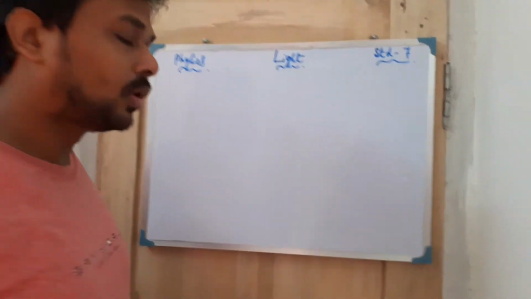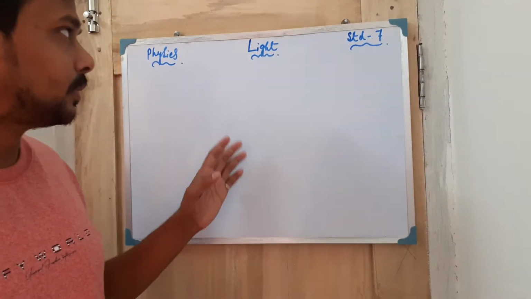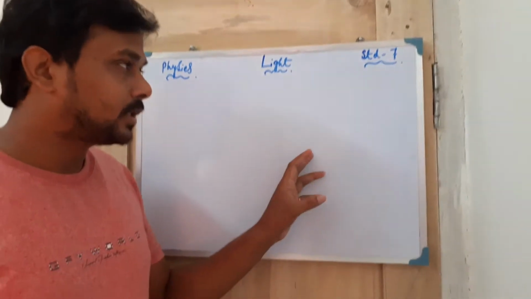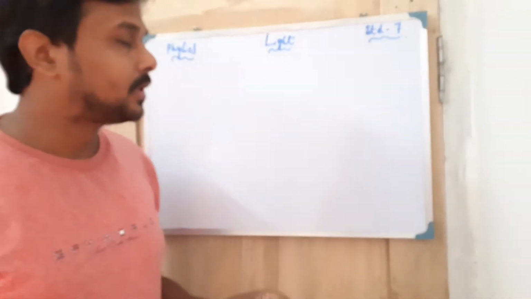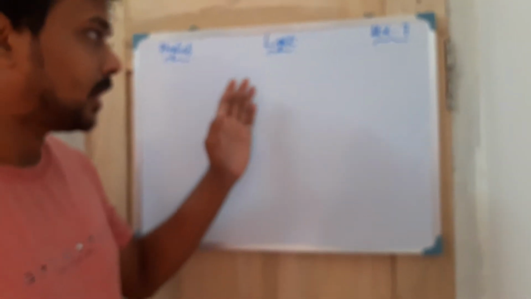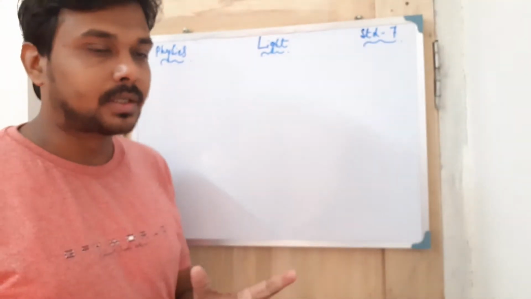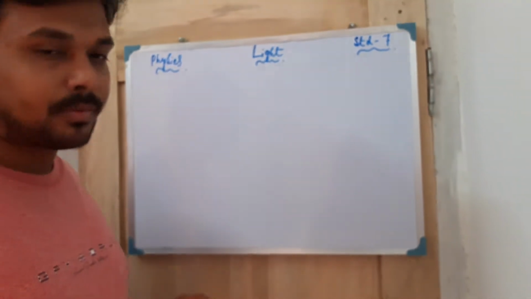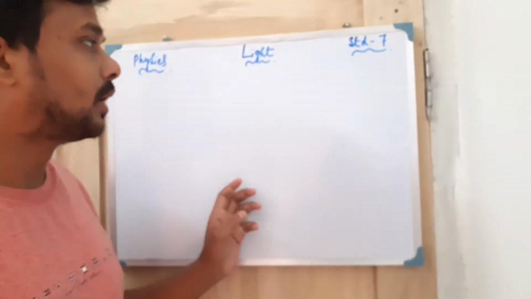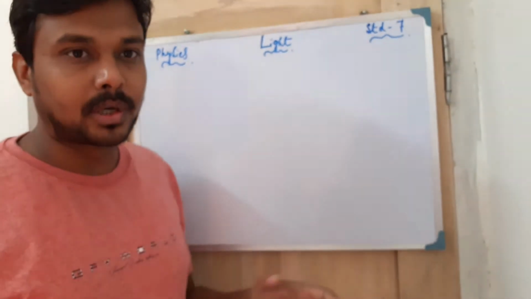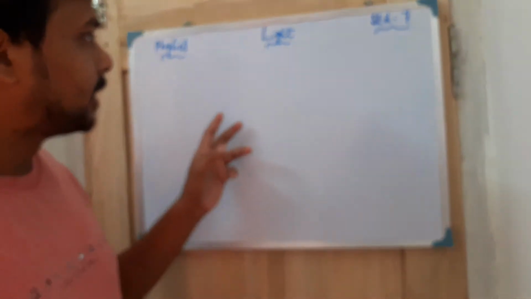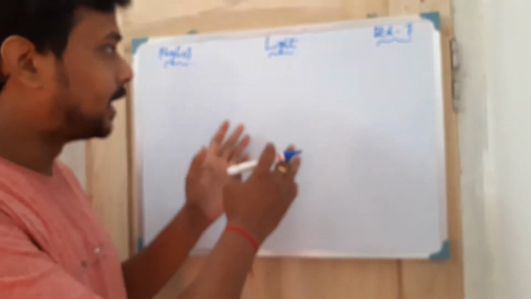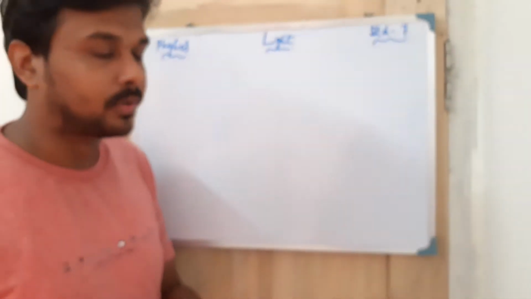The basic thing I told in the last video was the different types of image formation. Again, I'm telling all these things briefly: when a plane mirror is kept in front of an object, how the image will be formed, how the extended image will be formed for an extended object, how the point image will be formed for a point object. What will be the distance of the object, and what will be the distance of the image from the plane mirror. So I told you all these things.